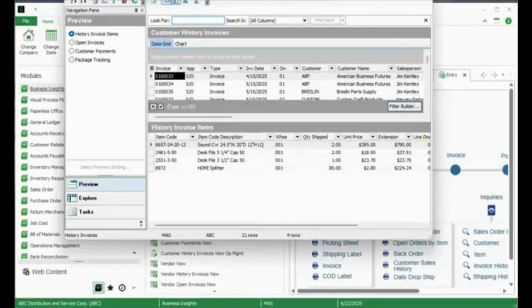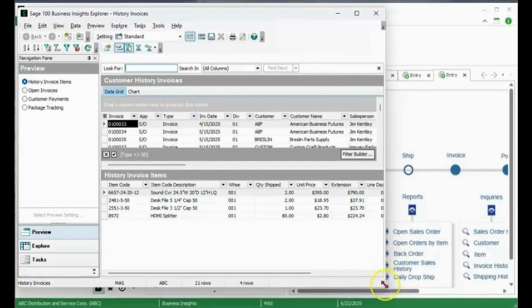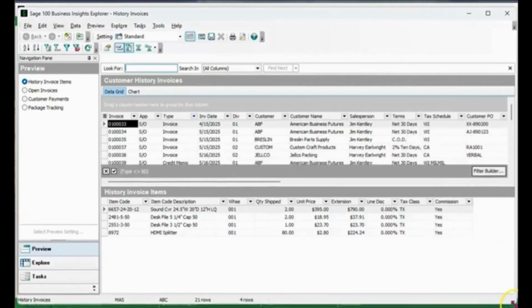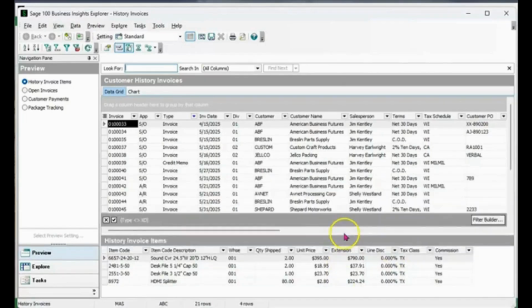Down a little bit, get it within this window. There we go.